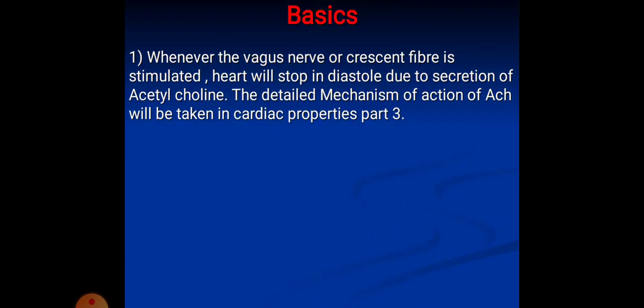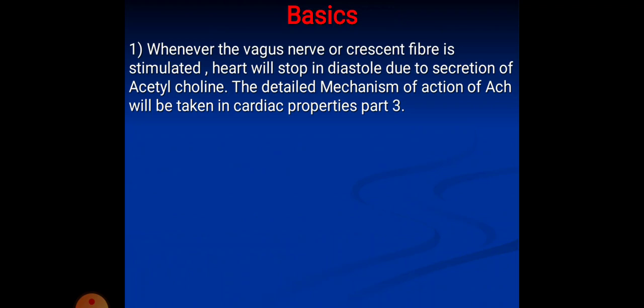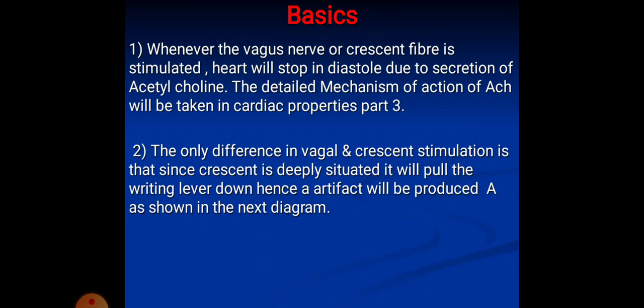Now we will see the first graph of vagal escape. What is the basics? Whenever the vagus nerve or crescent fiber is stimulated, the heart will stop in diastole due to secretion of acetylcholine. The detailed mechanism of action of acetylcholine will be taken in cardiac properties 3, where we are going to take drugs. The only difference in vagal and crescent stimulation is that both are going to secrete acetylcholine, because of which the heart is going to stop in diastole. But since crescent is deeply situated, it will pull the writing lever a little down, and there will be an artifact produced as shown in the next diagram,